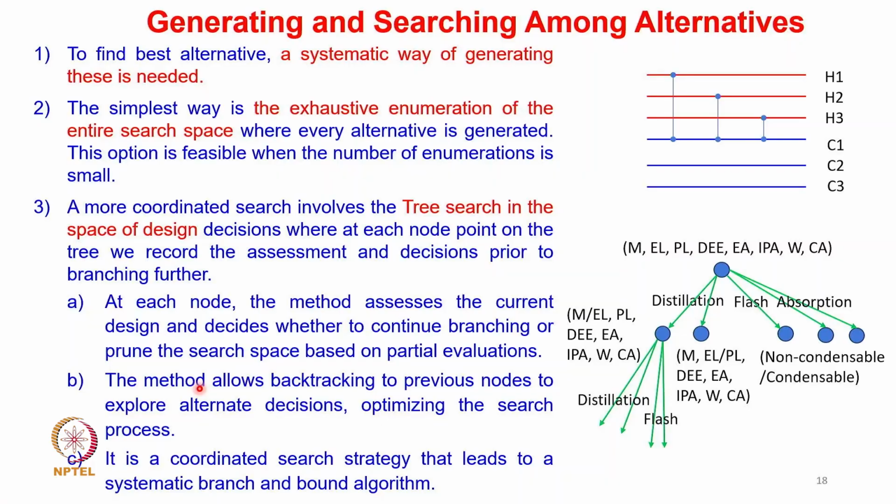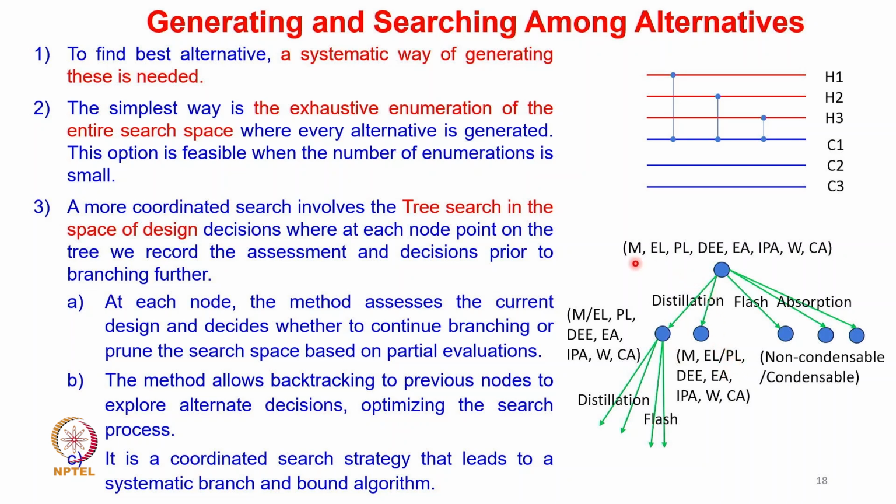The method also allows backtracking to previous nodes to explore alternate decisions, optimizing the search process. This particular methodology clearly is an extension of the branch and bound algorithm, and this is commonly referred to as a decision tree in machine learning jargon. So you can see that one such example is shown here in the context of the same case study which